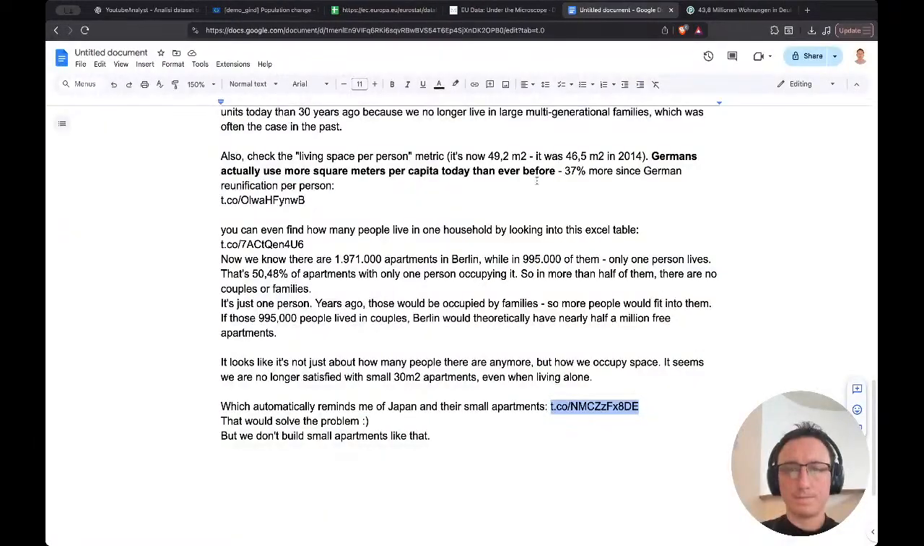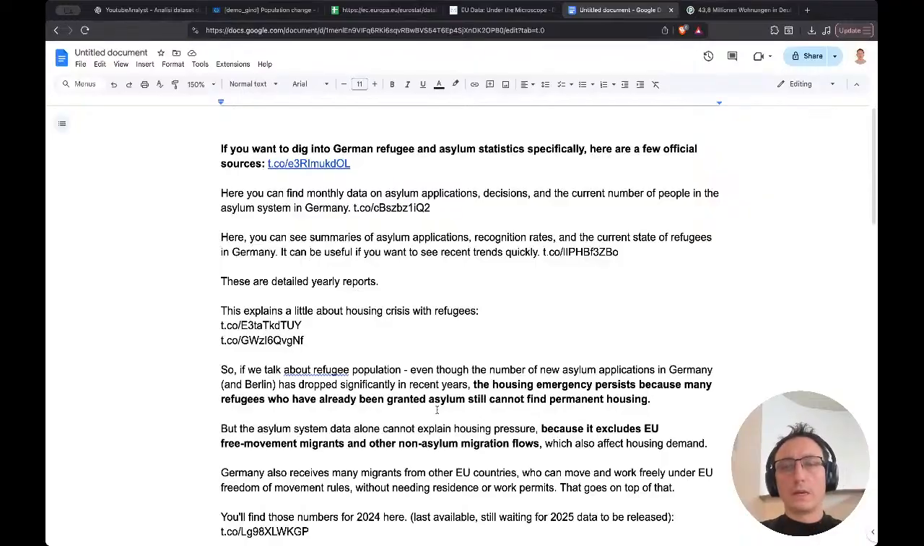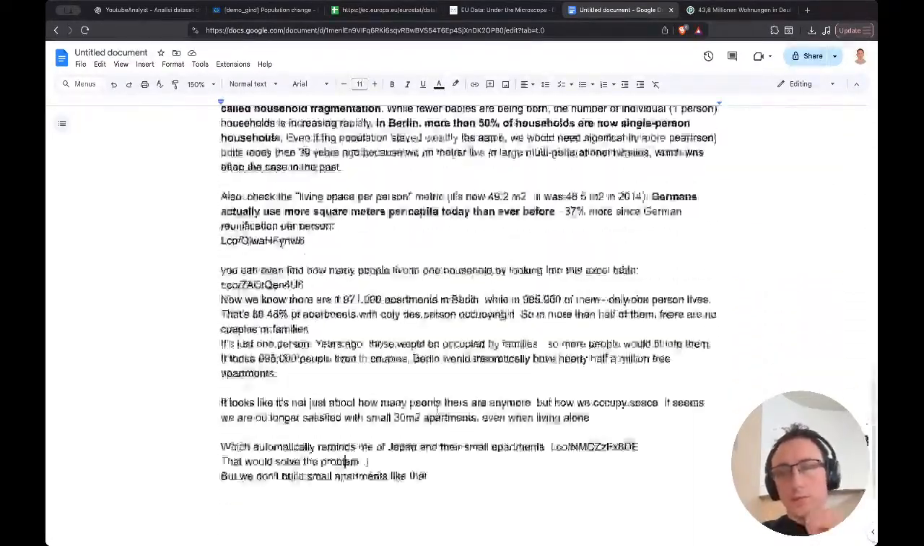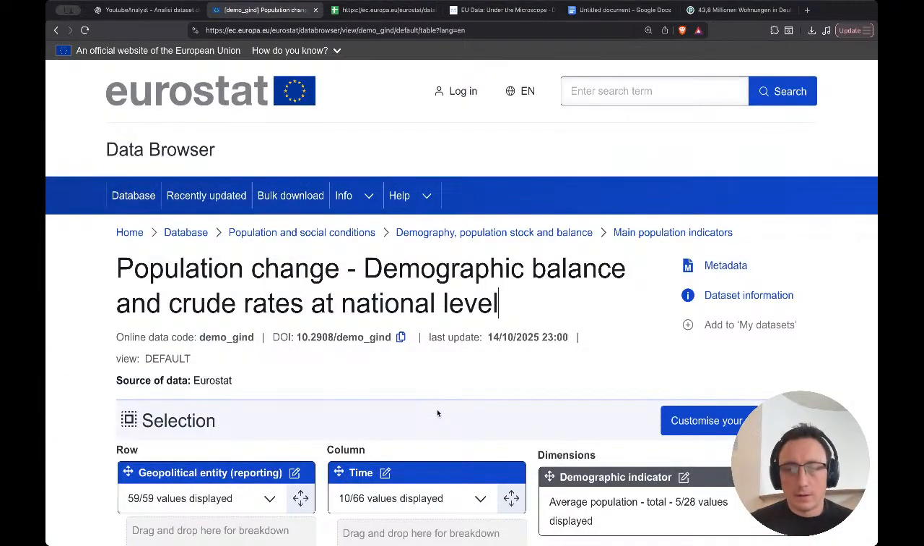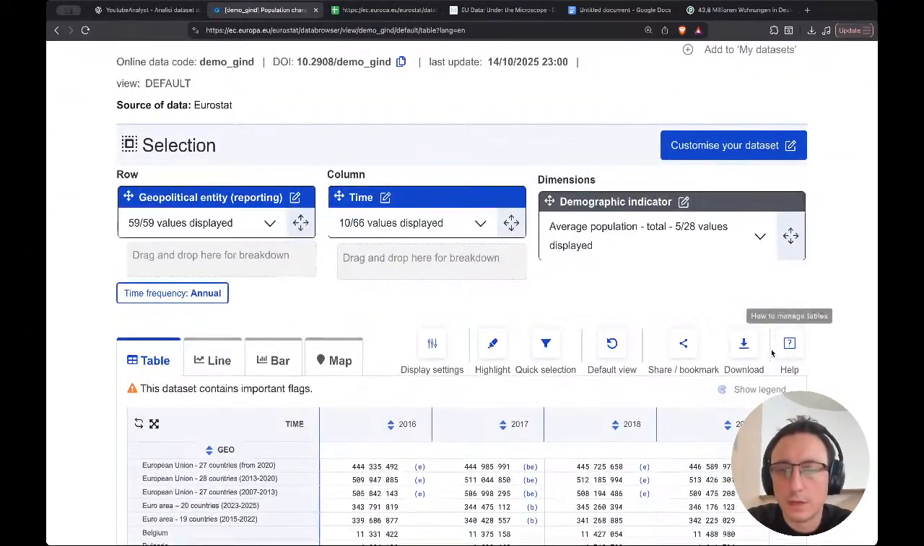Really interesting. Okay, so this gave us a great initial understanding. Now let's try to explore this data set. So first things first, download